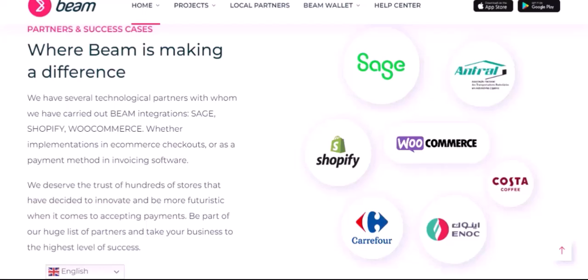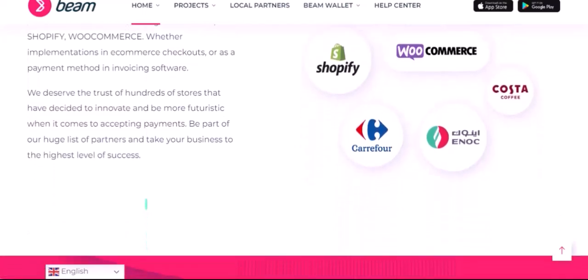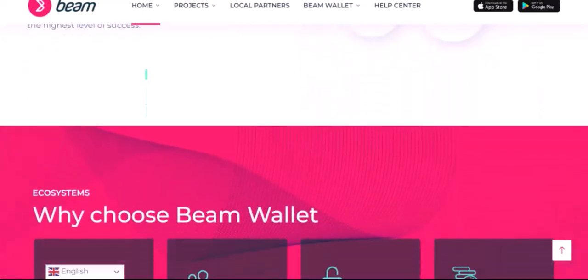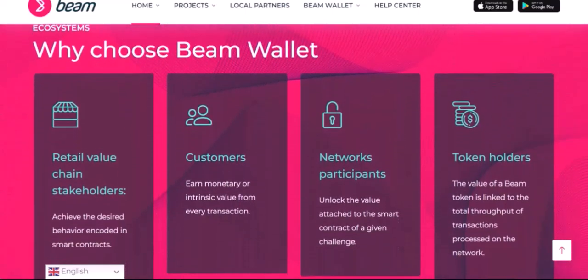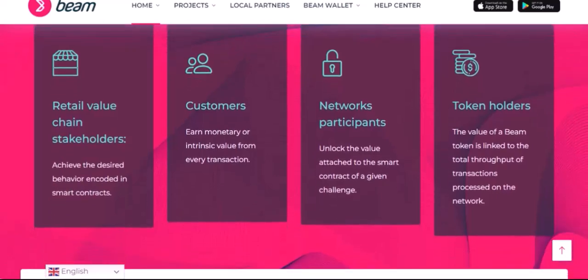Now, for the crucial information. You'll need the Beam network's RPC URL, chain ID, and symbol. Don't worry. These are standard public parameters for any blockchain. For Beam, the network name is Beam, the symbol is Beam, the chain ID is 1121, and the RPC URL is https://mainnet.beam.mw 8645. It's incredibly important to double-check these details for accuracy, as any typo could prevent the connection from being